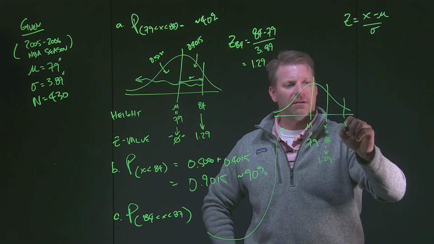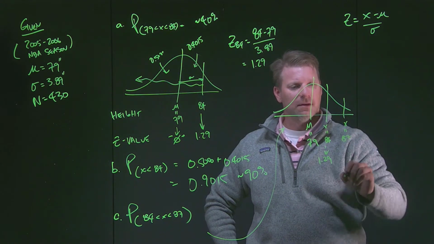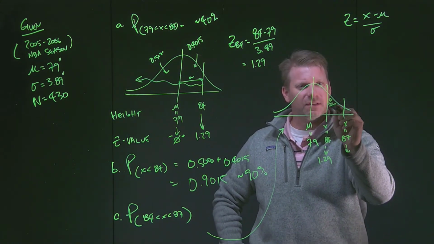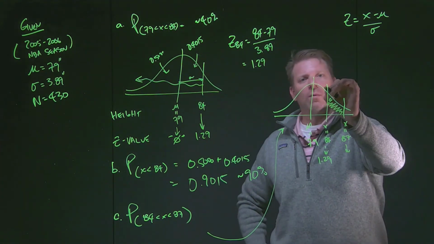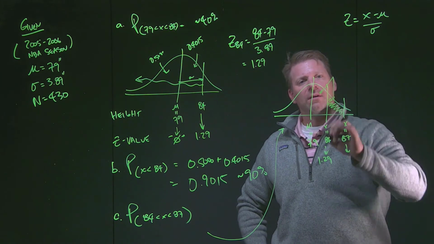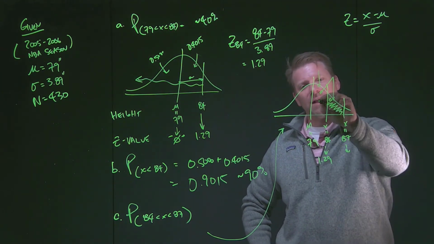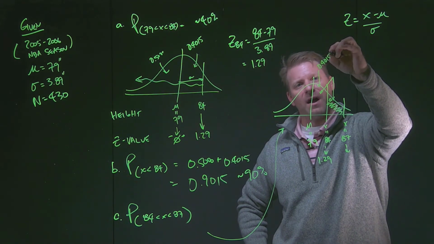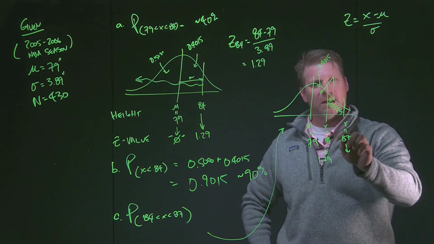Now we're going to take another value of x. In this case, it's going to be 87. All right? And we need to figure out what that z-value is, because eventually what we're looking for is just this piece in here from 84 to 87. What we're going to do then is we already know what this part is, from 79 to 84. We know that that area is 0.4015.